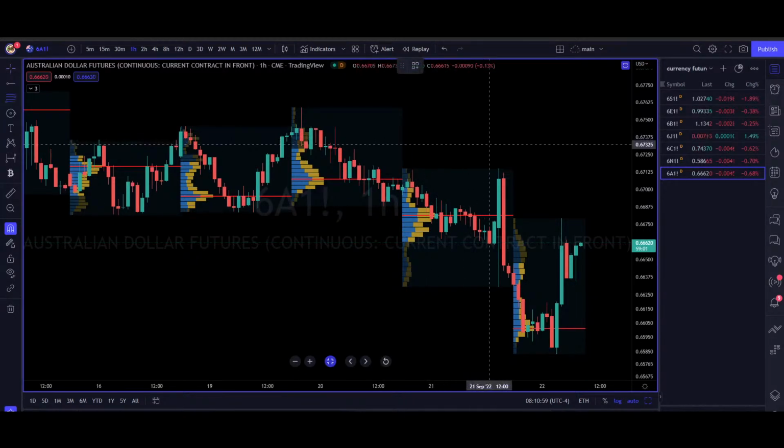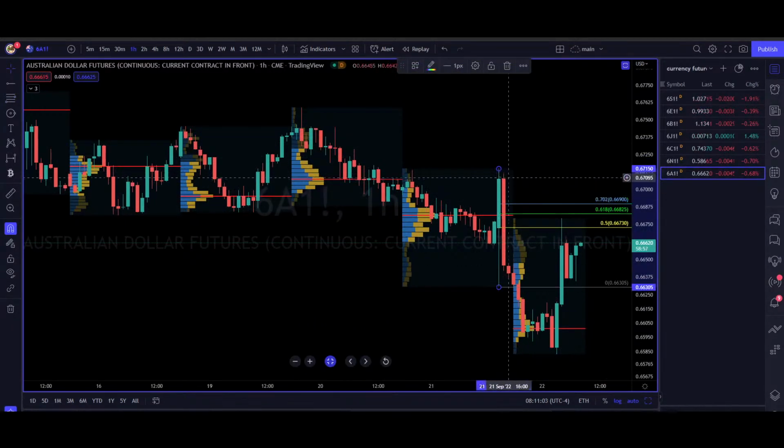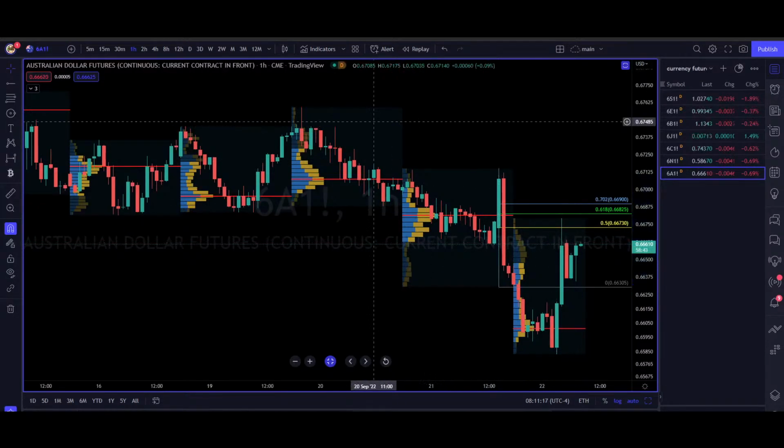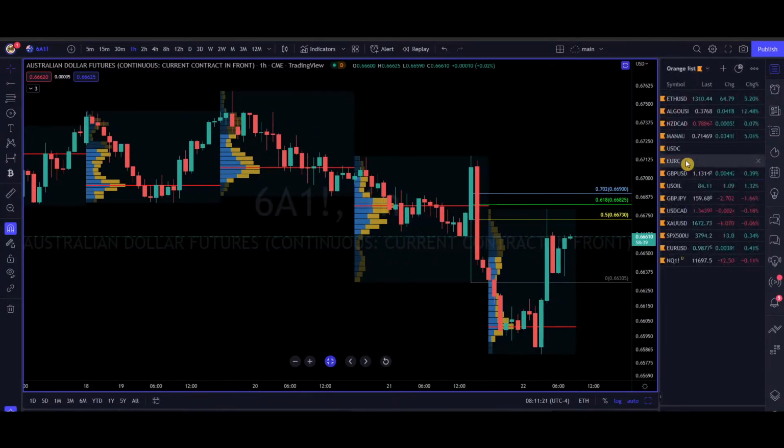The way I like to do it is I like to fib the daily range, and you can see that you're into the 50% retracement of yesterday's range, and also you have the point of control coming in there right where price essentially reversed. But it does look like it is trying to go higher, and we will watch it and see if it does go higher.